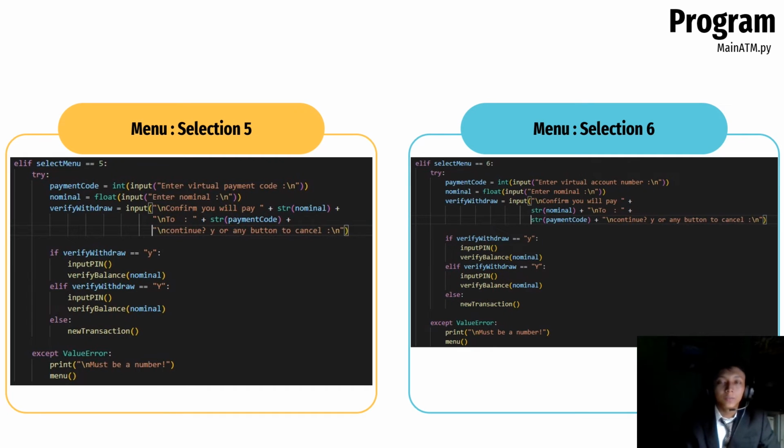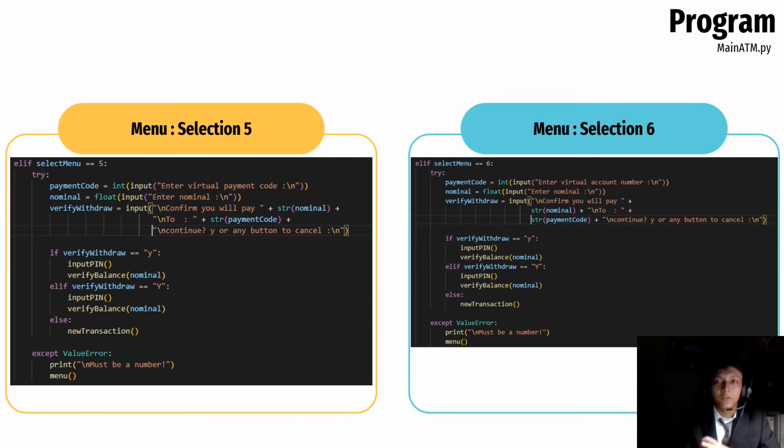Okay, next is option 6, which contains the option to make payments via virtual account. In this option, it still uses the same logic as options 2, 4, and 5, but here is the difference. The user will be asked to enter the virtual account code.